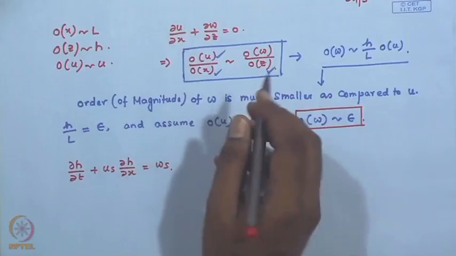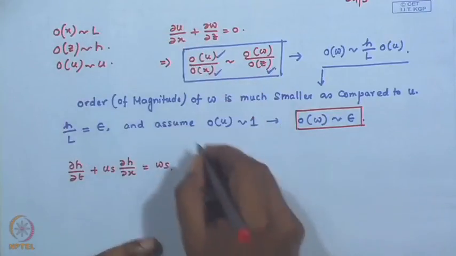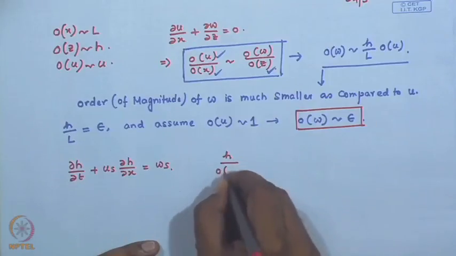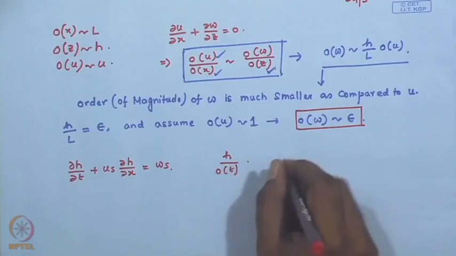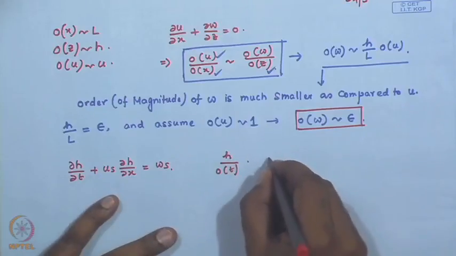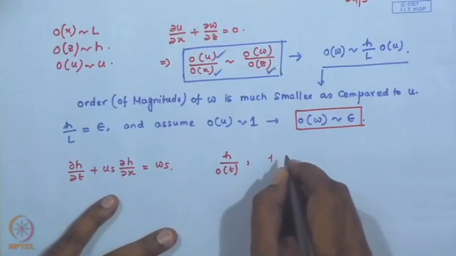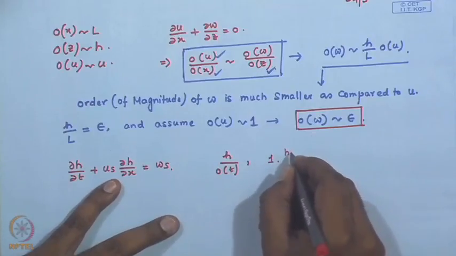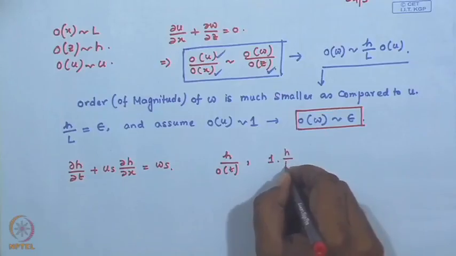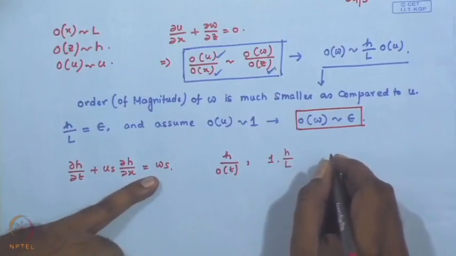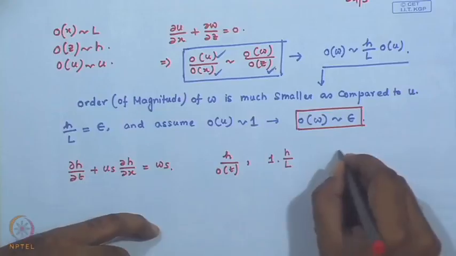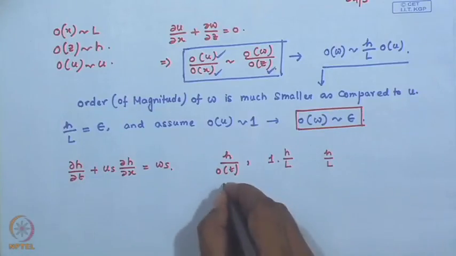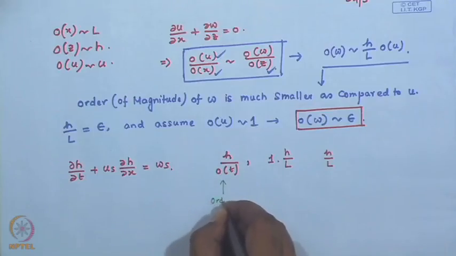This is h by order of t, second one is order of u is of the order of 1, so first term is this, second term is 1, this is h and x is L, and w is also of the order of epsilon or h by L. So, this is the order of the first term,